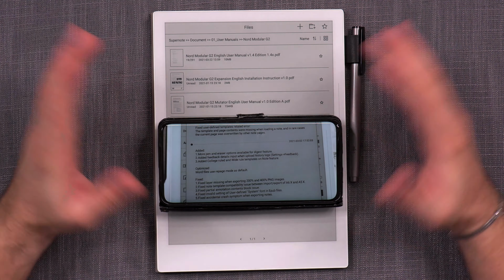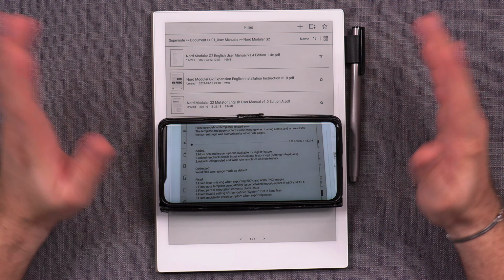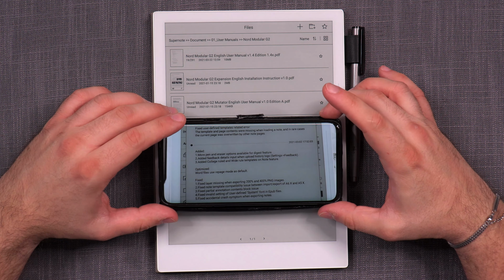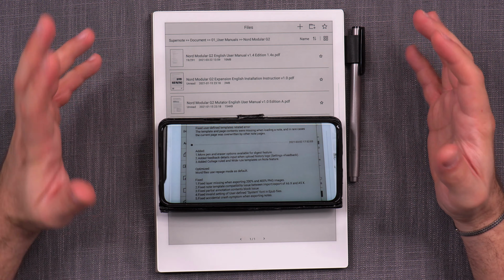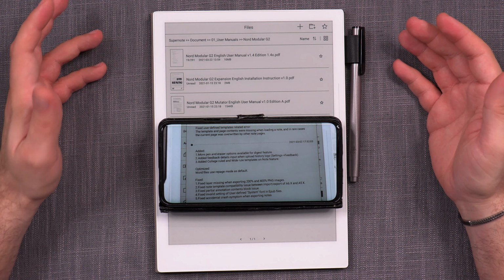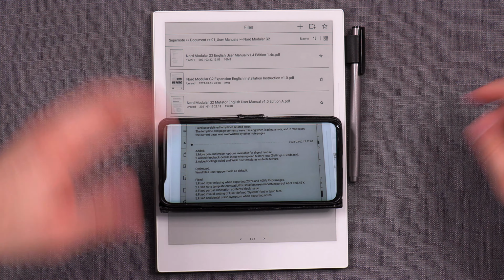A couple of days ago we got a new update on the Supernote X platform, both A5X and A6X, and it's update 0.264. So let's check out what it brings to the A5X or A6X platform. It's not a huge update as far as new functionalities or anything like that goes. It's mainly focused, I guess, on maintenance and fixing things up,